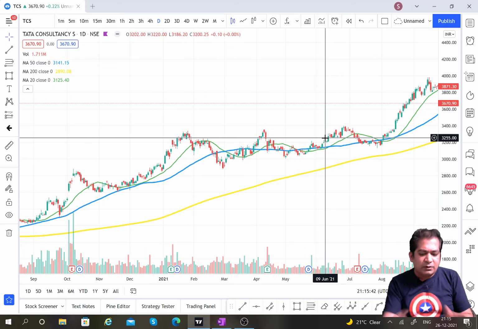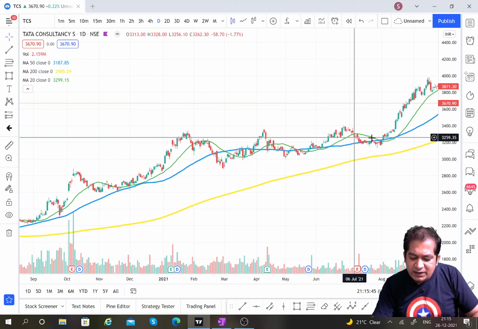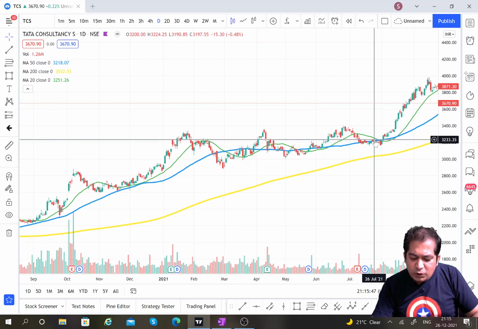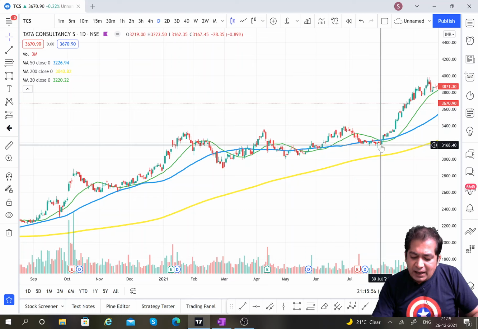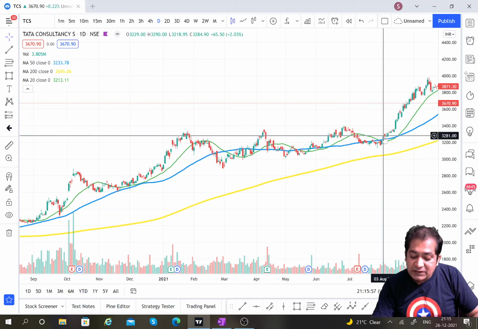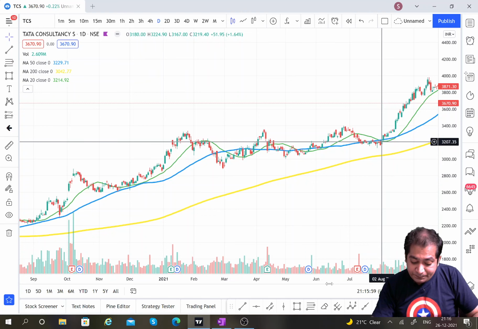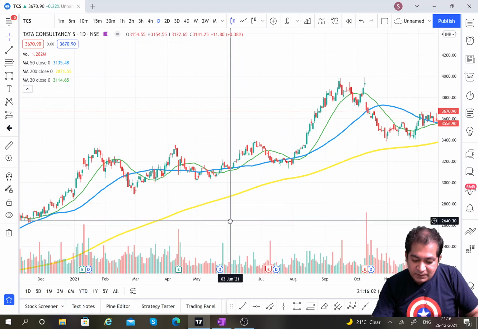So, again the crossover happens. If you are holding here, then you are not booking profit. You can book your profit here, if suppose, but it will not give you too much of a profit. But even if you book here, then again wait, and again you see the crossover happens. Now at this point when you enter, let me go further. At this point you enter.